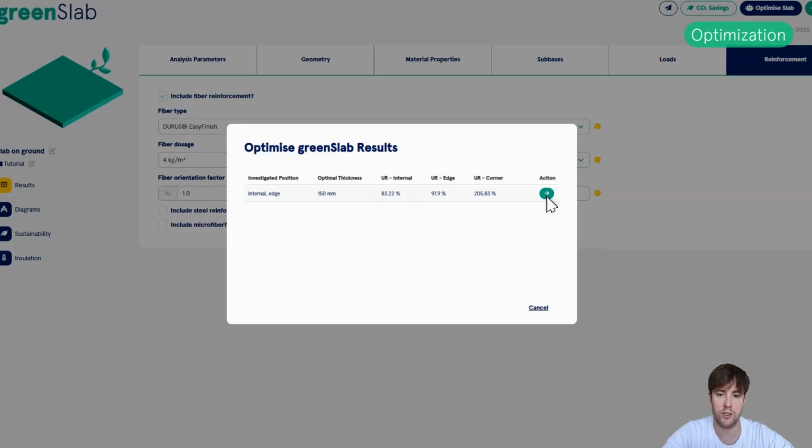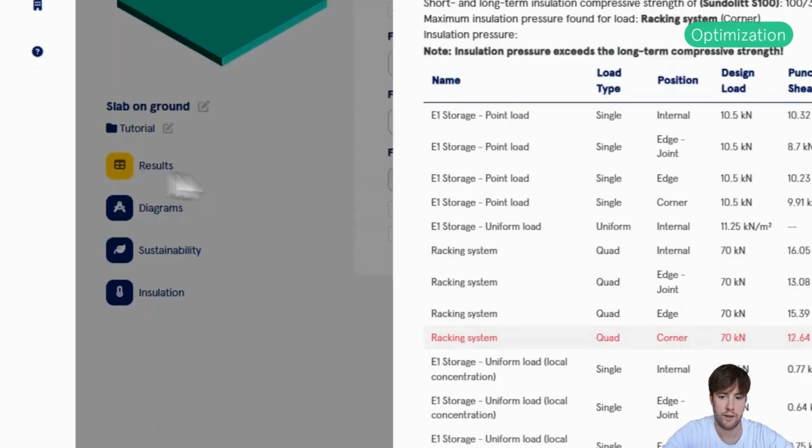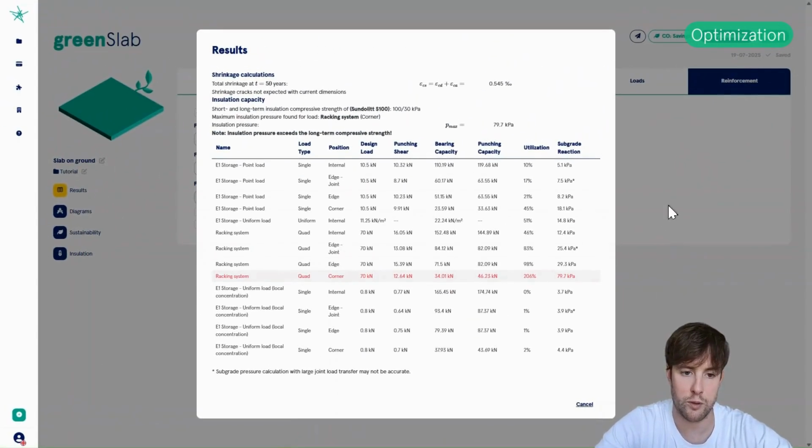So I will go ahead and choose this solution with a 150mm slab. So as expected, the capacity at the corner is now much bigger than it was before, but at least we've reduced the slab thickness from 200mm to 150mm.